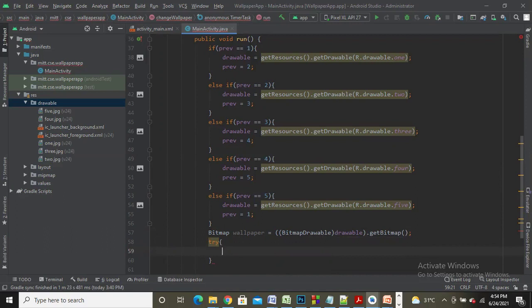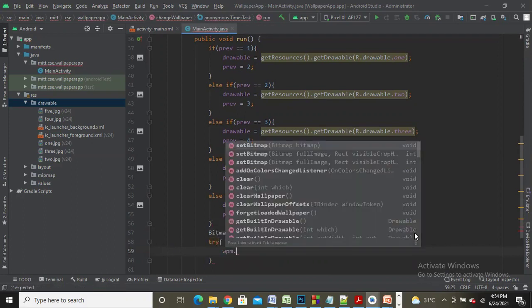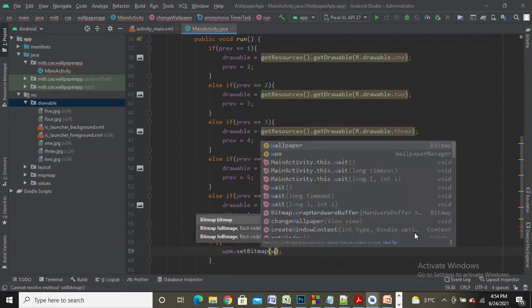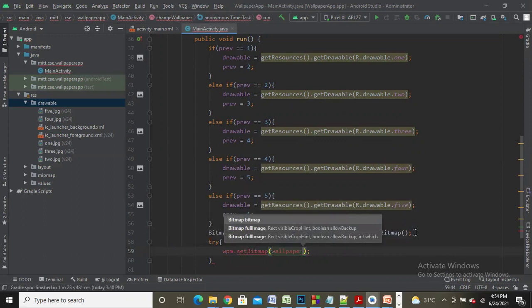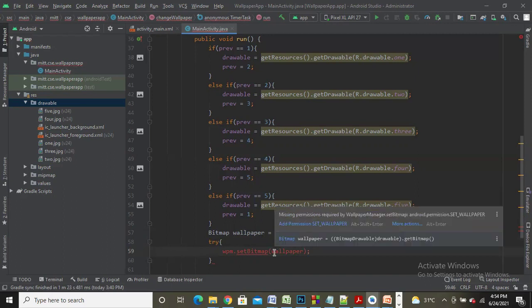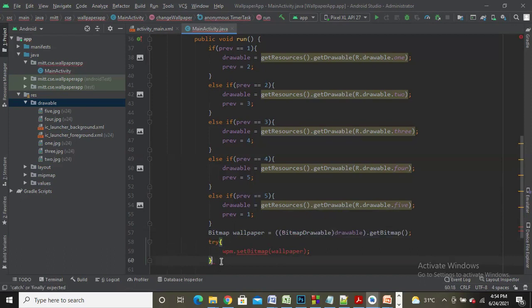So I'll write try, wallpaper manager WPM dot set bitmap wallpaper. So this is how I am going to display the wallpaper. If everything is fine, there is no problem in displaying this wallpaper. But if the wallpaper is not displayed properly, this particular line is going to throw an exception. And when it throws an exception, I need to catch the exception in order to handle it.